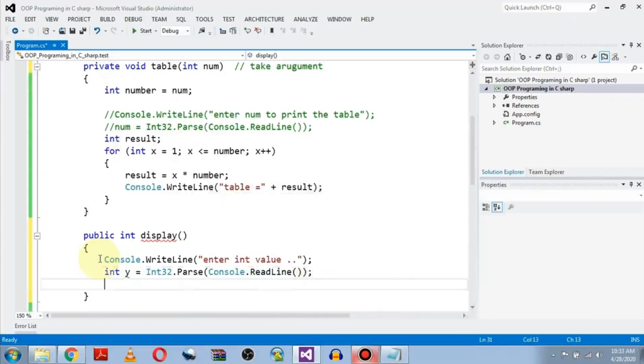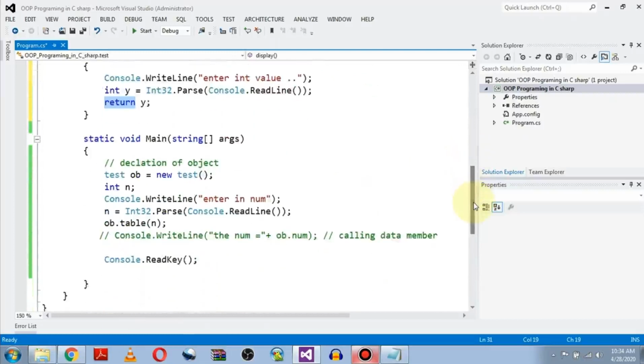After receiving the value, we will be directly returning this value to the main function where it is called. So whenever you will be returning some value, there must be a keyword used, a return. So again the return is used.